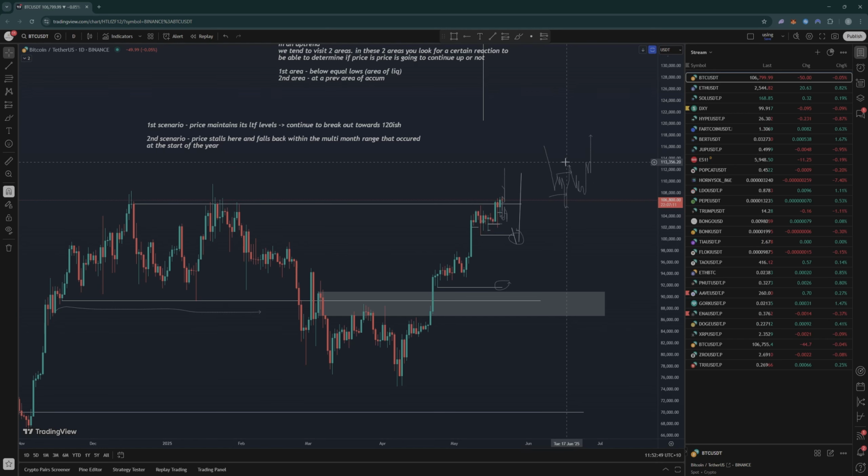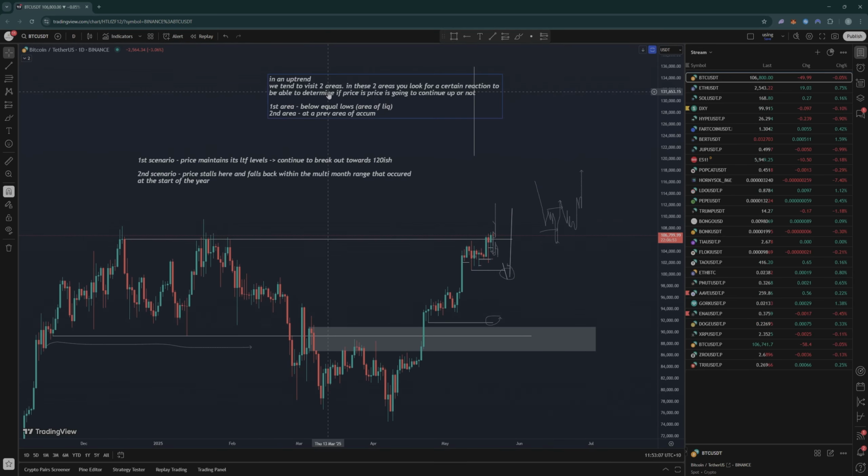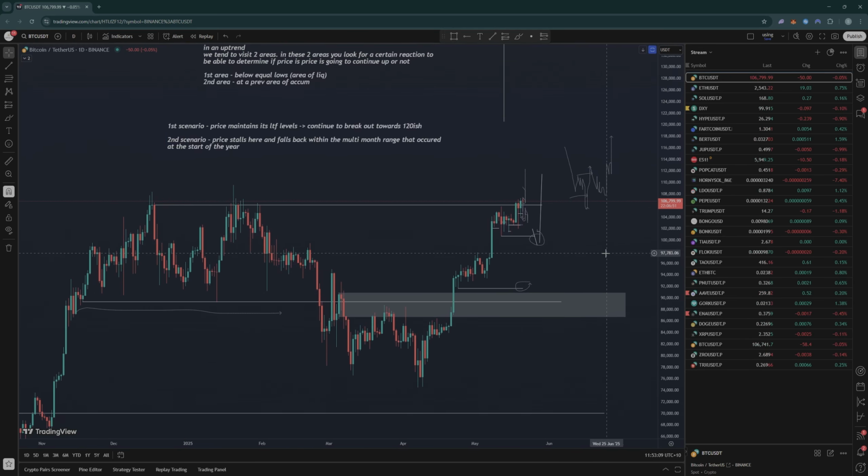Okay? As long as we get the accumulation, obviously. It should excite you because it will provide more buying opportunities. And in this kind of market, especially for the majors, all you really need to do is just buy. Just buy every time, okay? So waiting on these to play out, that's Bitcoin. The two scenarios easily laid out.